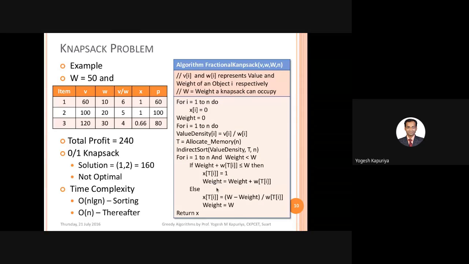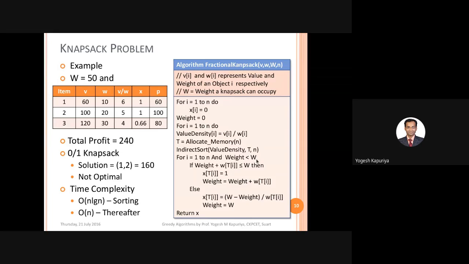So that's why you are adding another constraint over here. First, you looked at every object, so for I equal to 1 to n, that was the first case. But at any point of time, if your knapsack is full, then there is no point of looking inside the other objects. You have to simply terminate. So you add one more condition: if I is less than n, and at the same time the current weight of the knapsack is less than capacity, that means the knapsack can carry something.